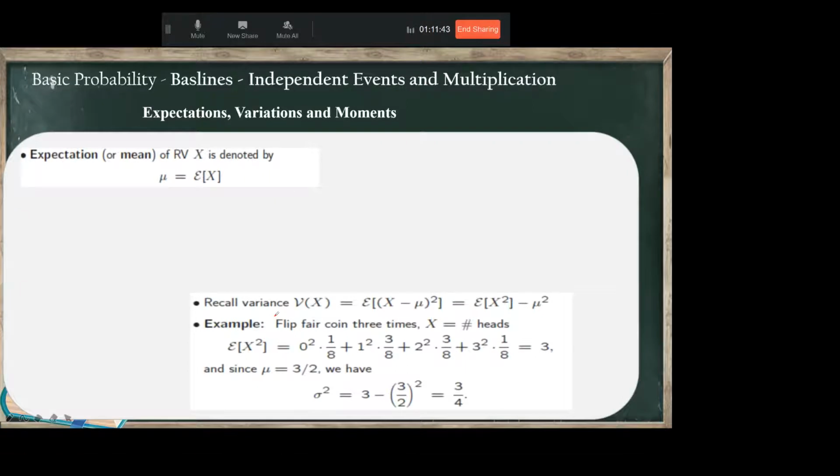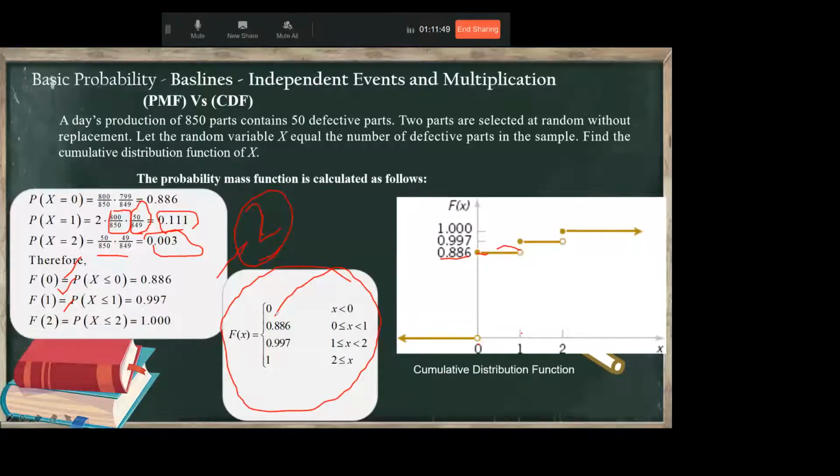Before going to expectations and variation and moments, I just want to clear one concept on the board. If you remember, we have already done the conditional probability and some basic rules. So one concept we didn't touch last time was about the contingency table. Now, if you see the whiteboard,